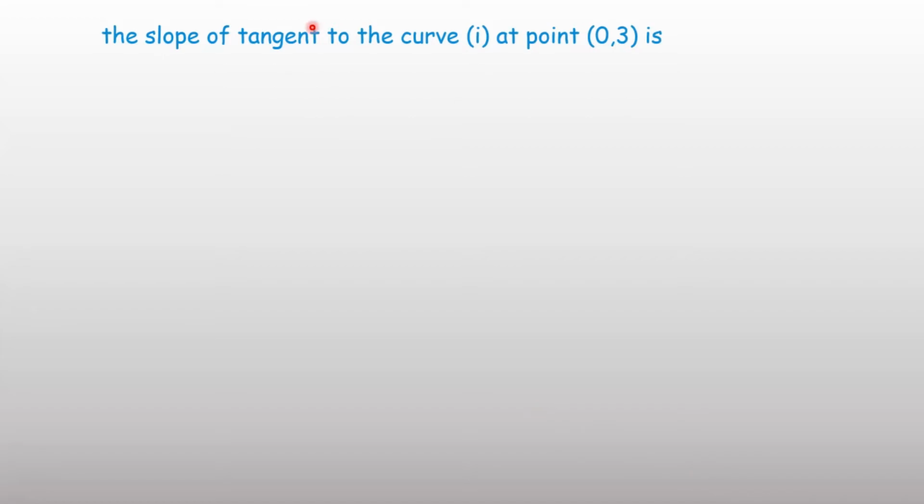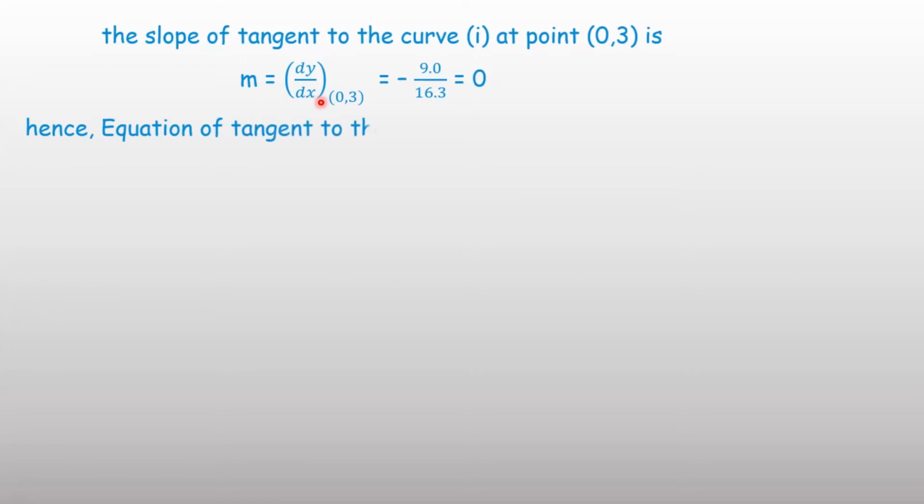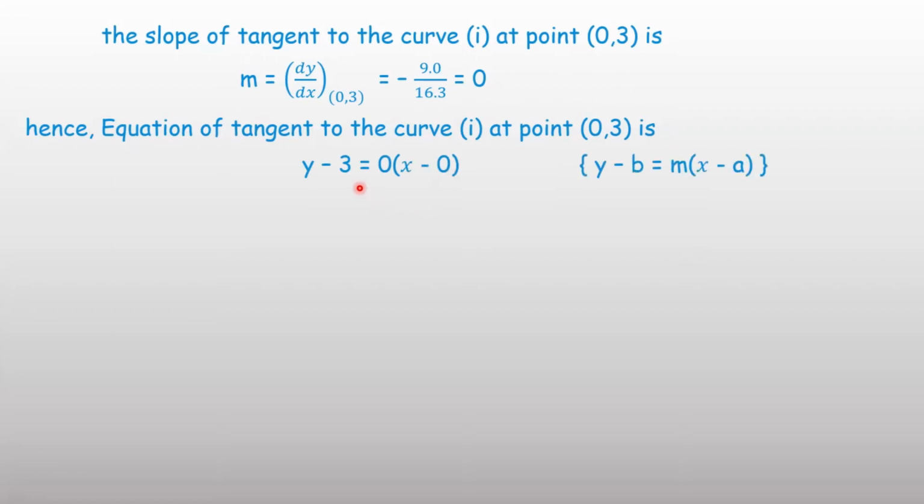Now next you have to find equation of tangent. First point is given as (0, 3). Therefore equation of tangent at this point. Before that, slope of tangent. Already using formula we are writing, or directly we can write since tangent is parallel to x-axis, therefore slope of tangent is 0. And then equation of tangent directly we can write as y minus y1 equal to m(x minus x1), means y minus 3 equal to 0 into (x minus 0), or y equal to 3.